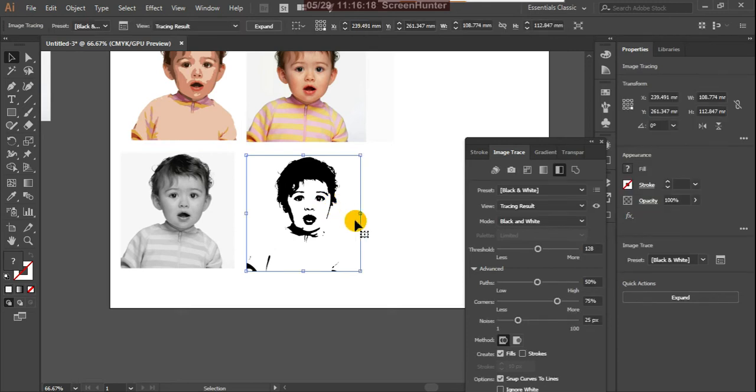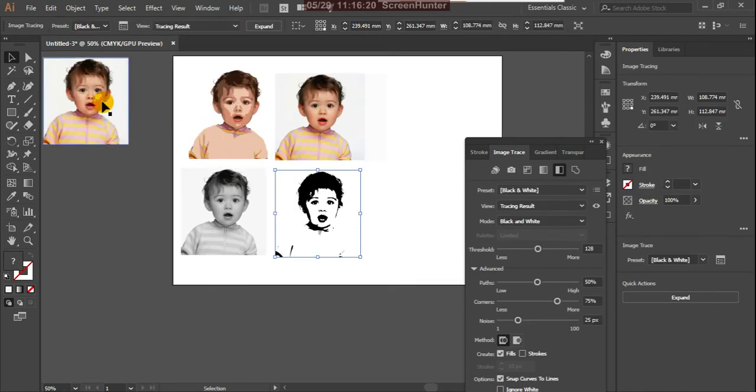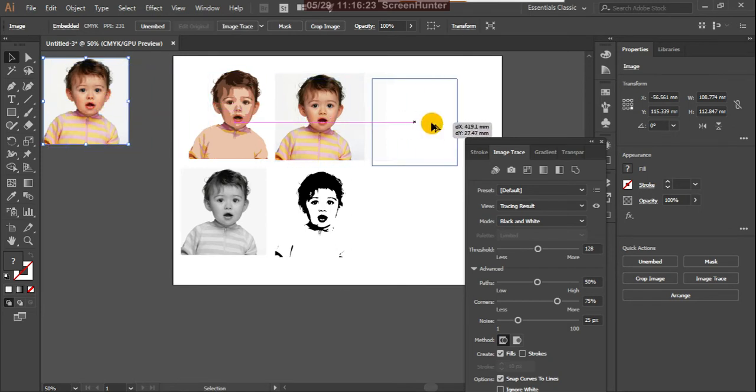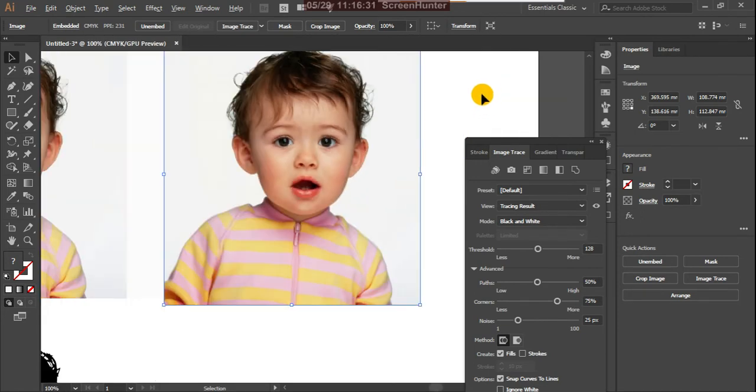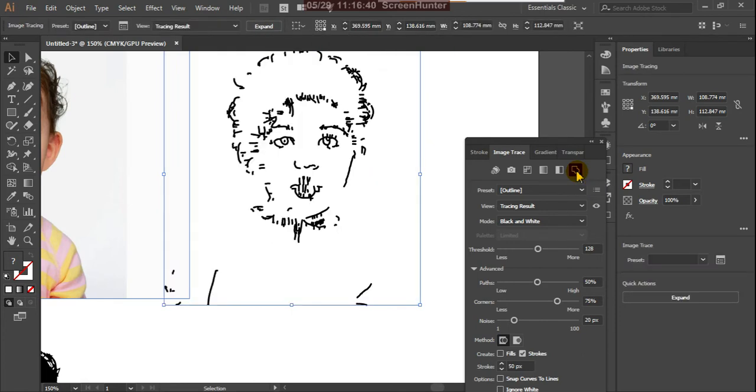Okay, so then again take this and take the duplicate of that. Yes, next here we have outline. It is converting into outline. So because these are all the methods, the same thing is displayed here.